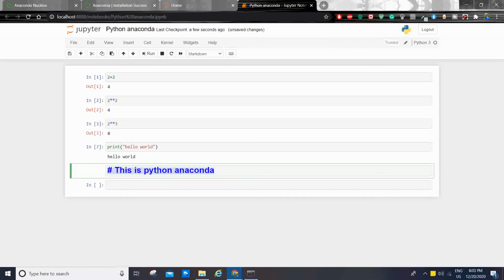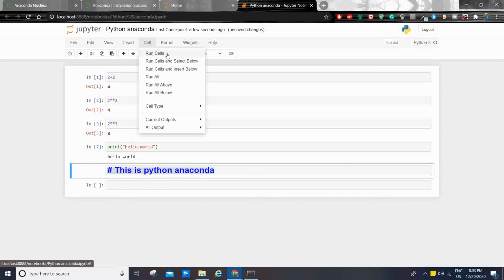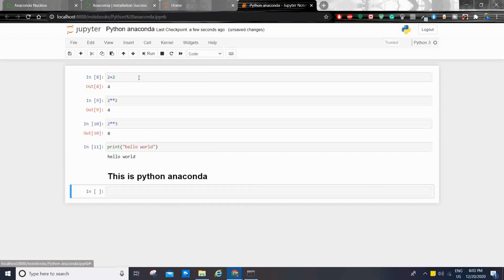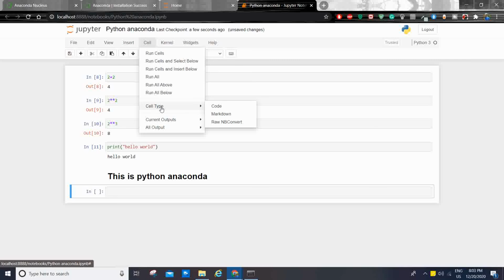This is the heading here. In the cell menu, there is run and run selected below, run all, then all the cells will be run here. Run 2 plus 2 plus 3, all the cells will run at one time, then cell runs all. There is run all above, and there are options for cell type and all output.